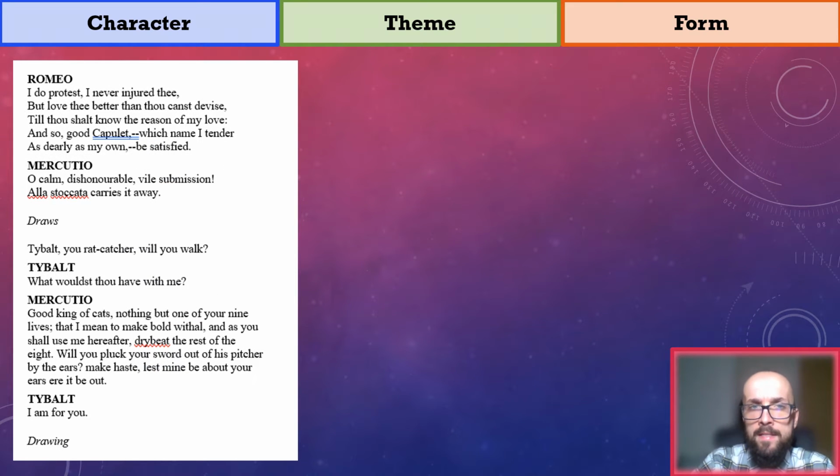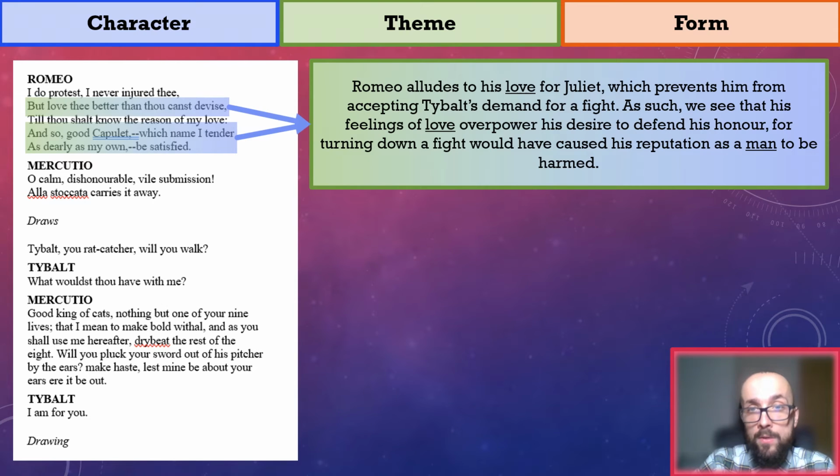Does Romeo retaliate to Tybalt's aggressiveness though? No. In fact, the young Montague entirely refuses to fight him at this point in the scene. But what is the reason for Romeo's refusal? His love for Juliet appears to be the cause, for when he says that he loves Tybalt better than he canst devise,